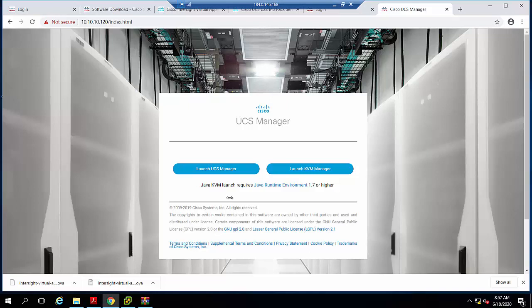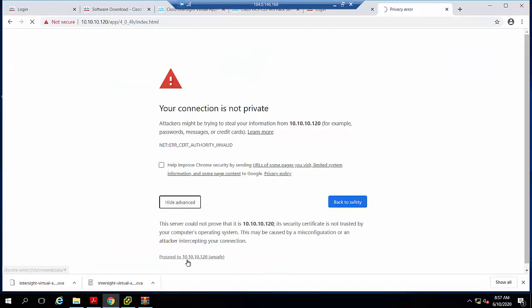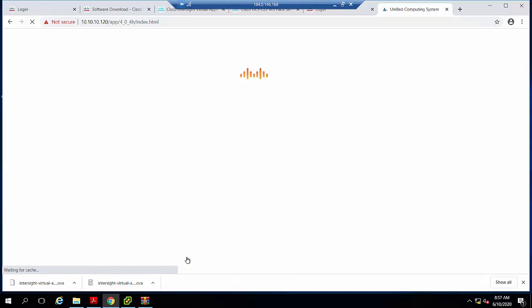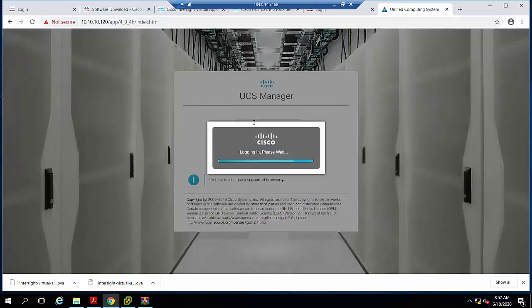So, what we're going to do is go in and launch UCS Manager. The first thing that you have to do is register UCS Manager with Intersight. So the first thing we're going to do is log in to UCS Manager with hopefully the right password. And once that login is complete,